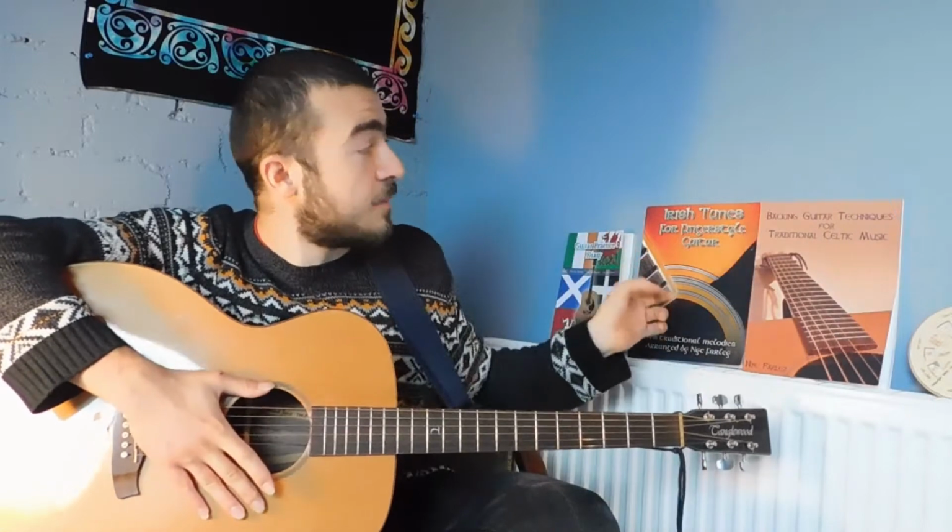So the first thing you're going to need to do to write a fingerstyle arrangement is to pick a tune and work out what mode it's in. Now I'm going to be running through Cooley's reel in this tutorial, which is one of the ones arranged in my book. That tune you can see as being in E Dorian or E Aeolian, because there is no 6th note in it, and that's the only difference between those two modes. So I'm going to treat it as if it's in E Aeolian for now, because that's the darker minor, and I would like it to be a sort of dark, miserable version of the tune